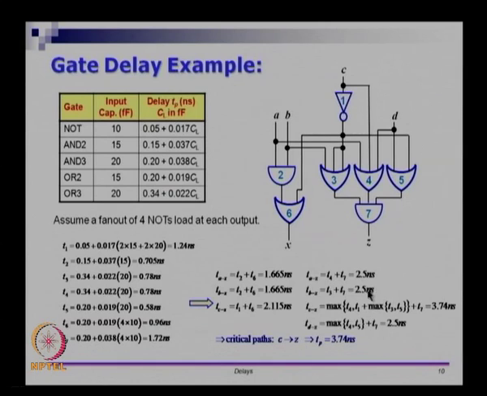I add all of that up, that is 2.5. Let us look at C to Z and D to Z, these are more interesting. If I look at C to Z, there is a path coming from C through 4 to 7 to Z, there is a path coming from C through gate number 3 to 7 to Z. So, there are 2 paths, right. So, if I have 2 paths, I have to look at the maximum of the delays, and that is what